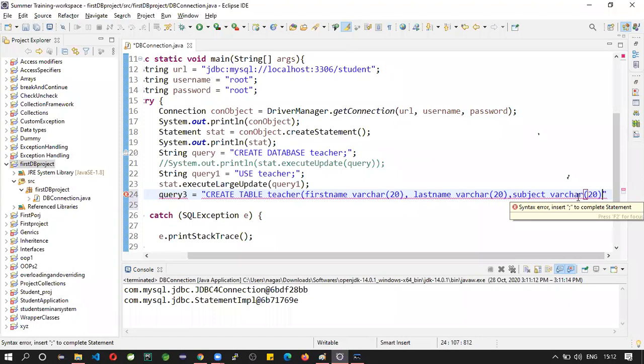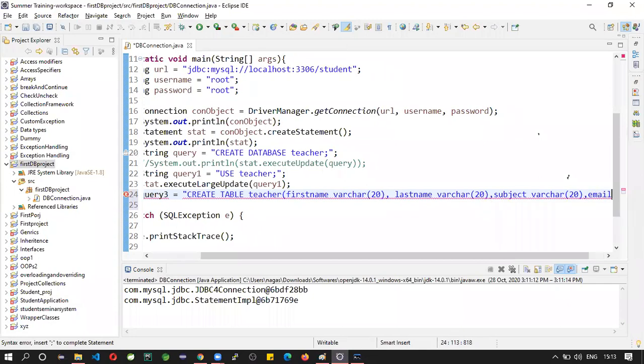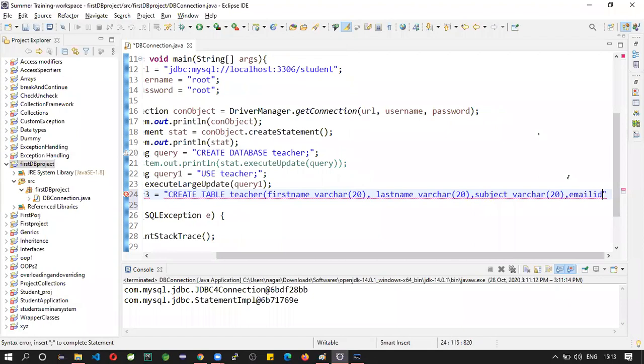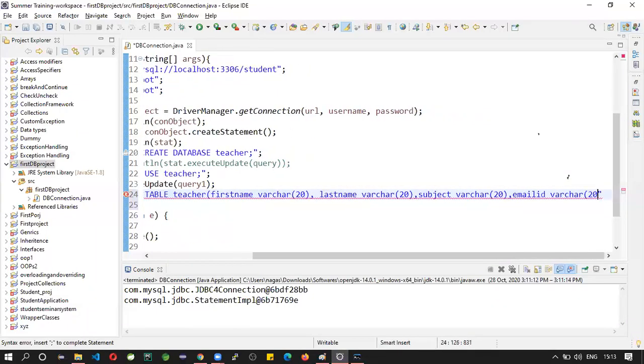You need not mention 20 always. Comma, email id varchar of 20. So 1, 2, 3, 4 columns.